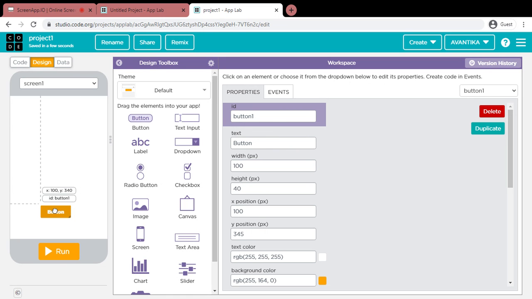The button here has a default id of button 1, but you can also change it, like give it a small name so it will be easy to remember. Like I'll do button clr. Then I'll change its text to click on me,